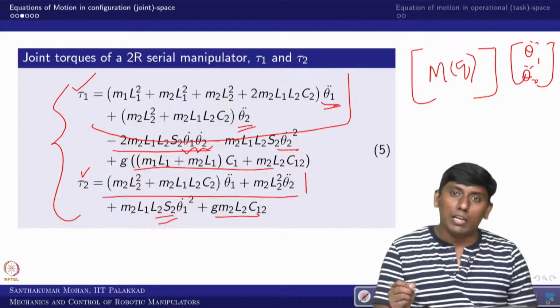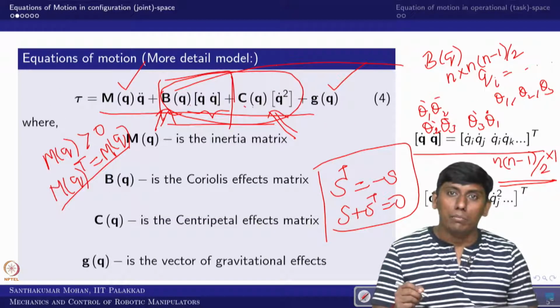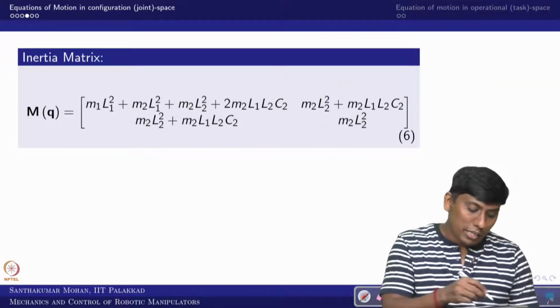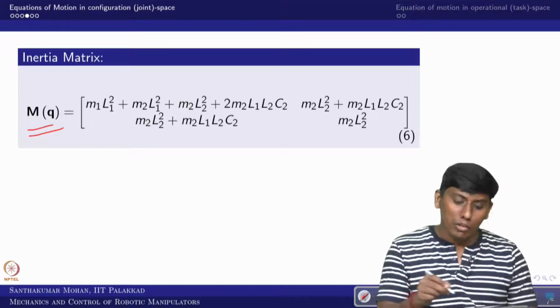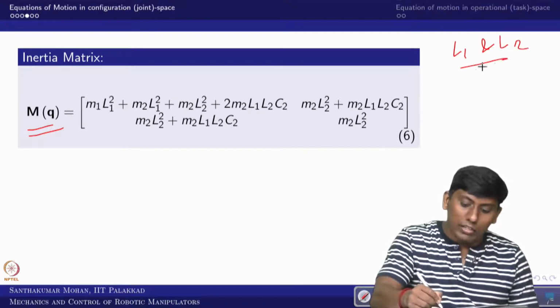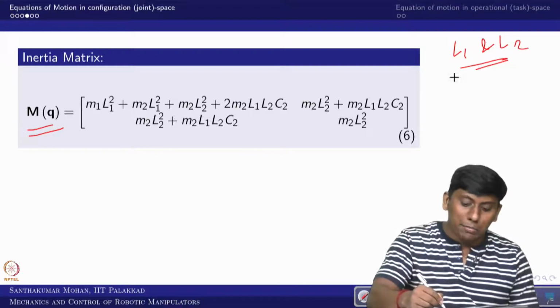So now we will rewrite this in a more detailed form. We can rewrite that, and in that sense you can see that the M of q will come in this. So now after seeing this matrix, L1 and L2 are geometrical variables, and as per the criteria